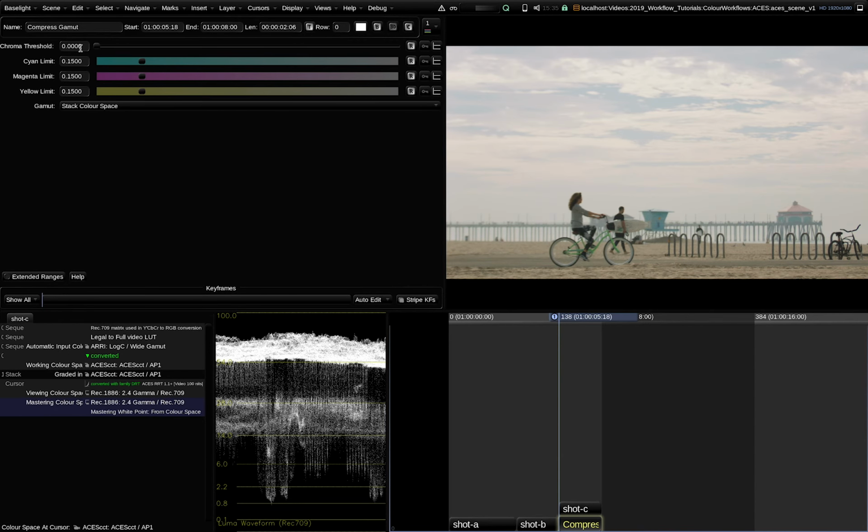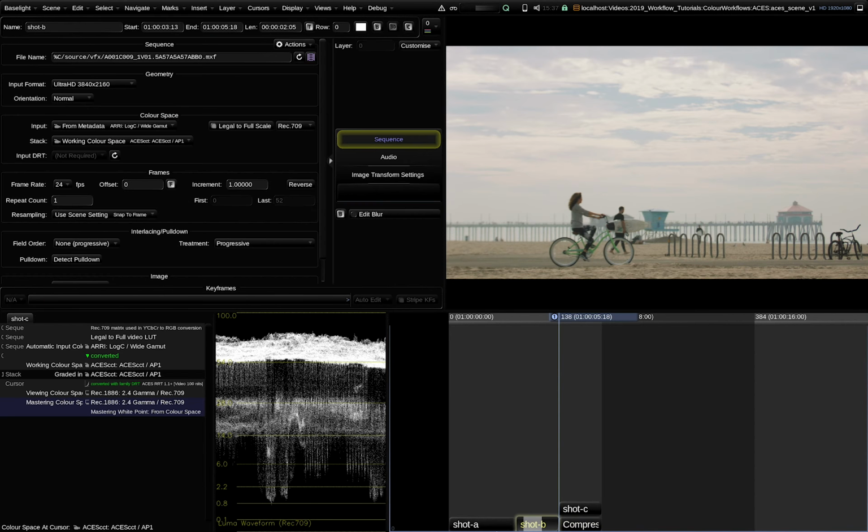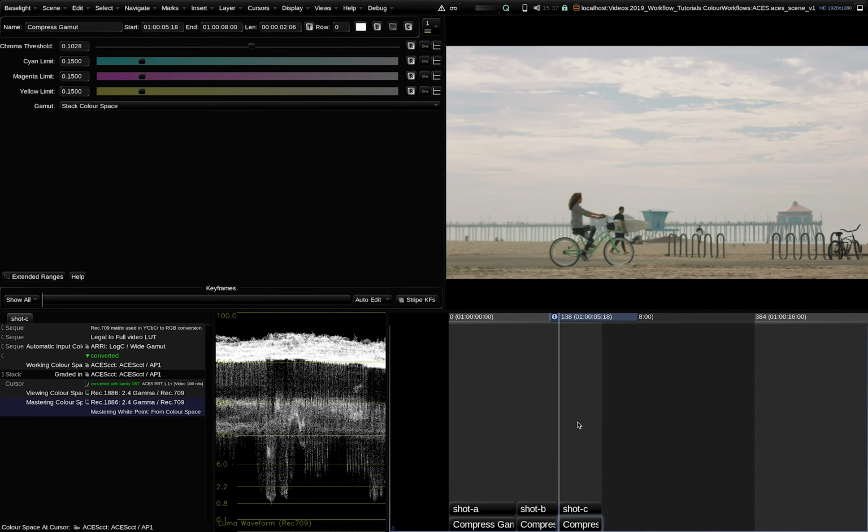color space, and then I'm setting the chroma threshold roughly to 0.1. This will get rid of all the code values outside of AP1, but note this is not a hard clip, this is a smooth bend in, so no information will be lost. And this is to clean the shots from extreme color values. It is more a technical process, and we can see that on most shots it has visually no impact.